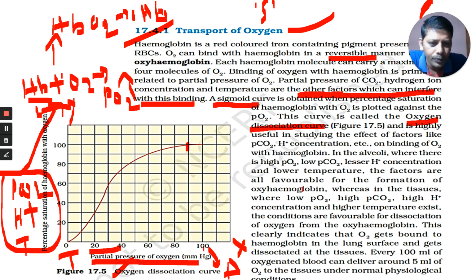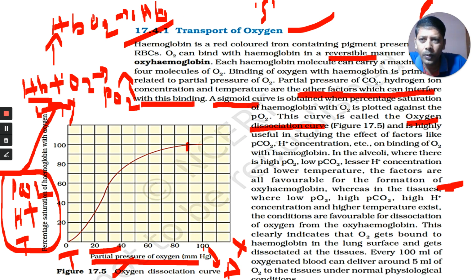At tissue, there is low PO2 and high PCO2; here the conditions are all quite opposite. At tissue PO2 is 40, PCO2 is high at 45, with high H plus concentration and higher temperature. Higher H plus means low pH value. These conditions are all favorable for dissociation of